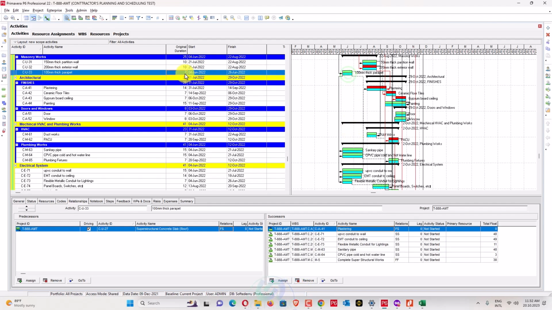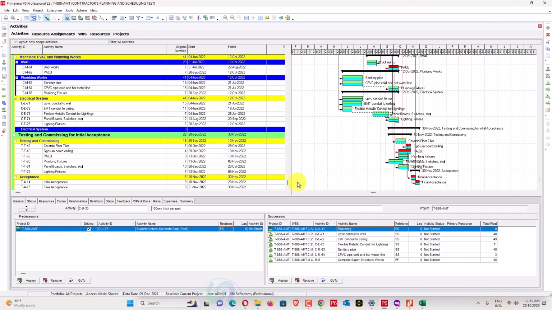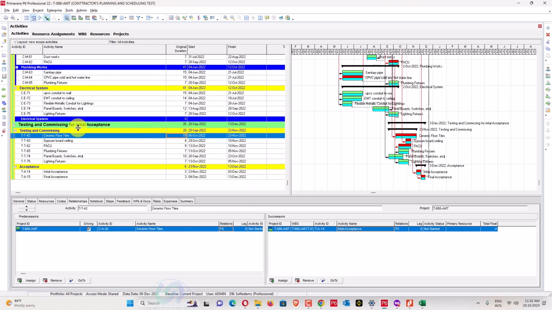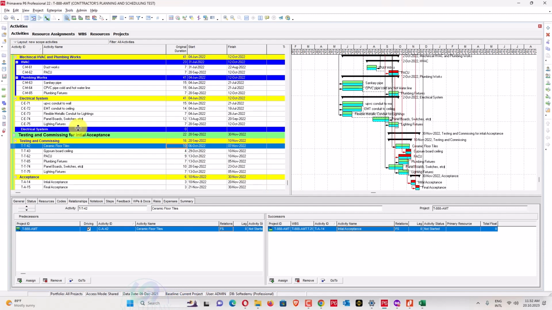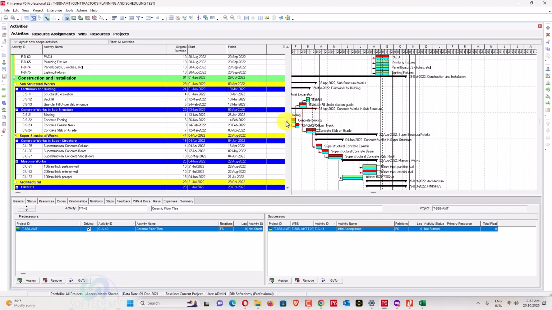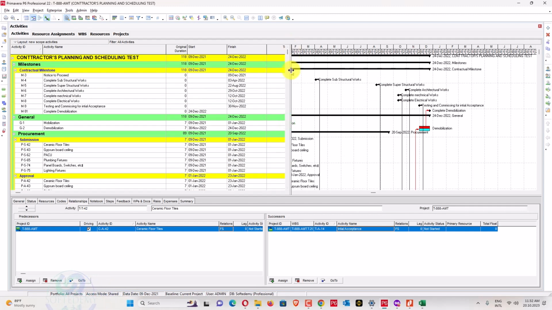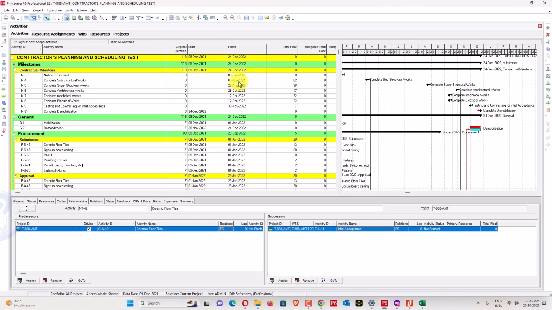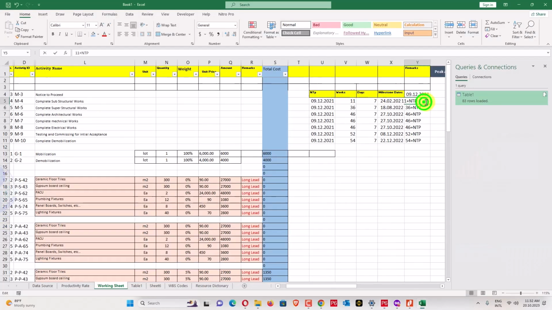You can increase this duration because it's not impacting that one. Also this duration can be increased, to 10 days. Now we can compare the dates which we have allocated. Like this one we have allocated with 24 of February. So we have also 24.